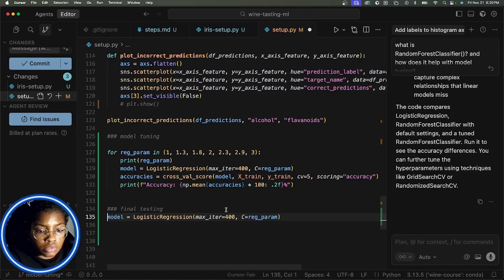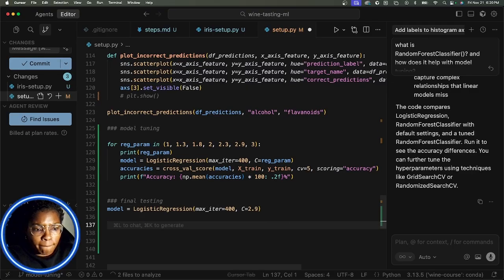Model. I'm gonna use 2.9. I want a percentage over, or I'll say 94 and over. So, alright. 2.9, and then